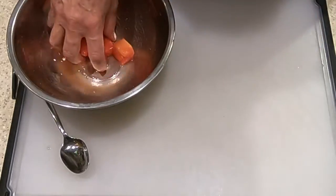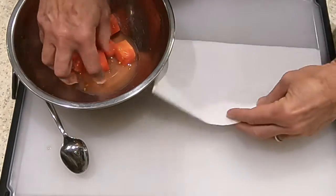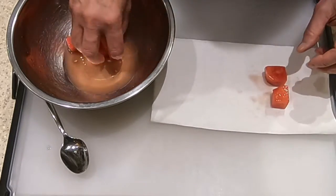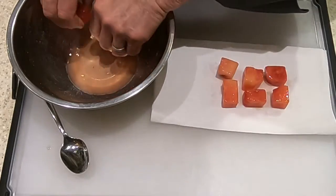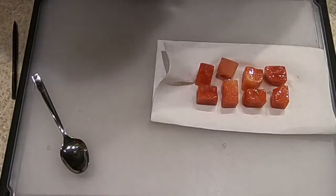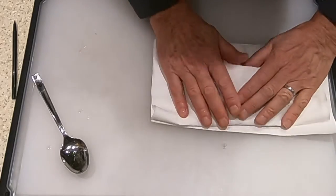We're going to take them and put them on some paper towels with a little space between them. Why? So we can extract the liquid that's between them when we put them into the vacuum sealer. All right, now put another layer of paper towels on top of that